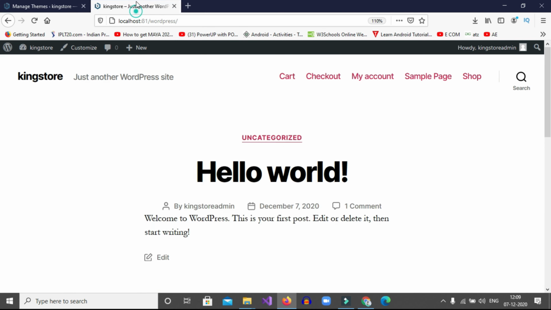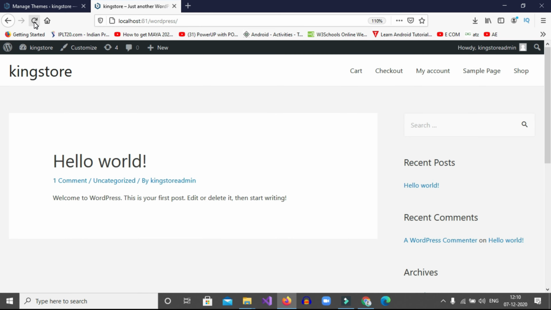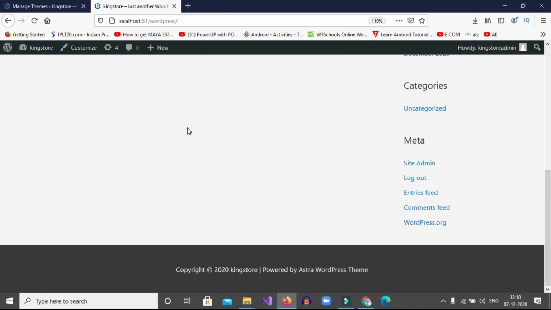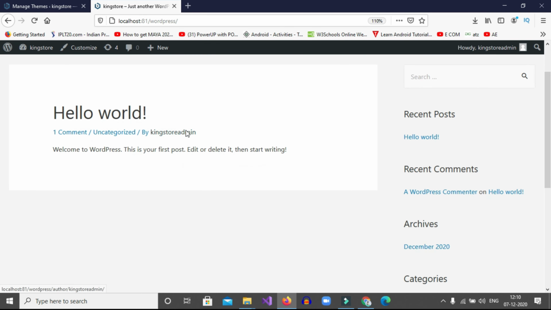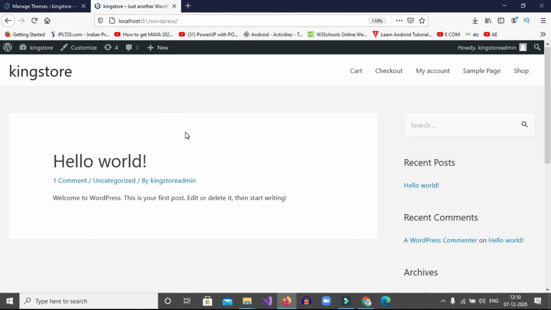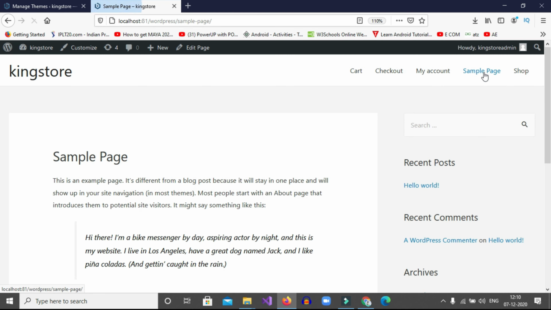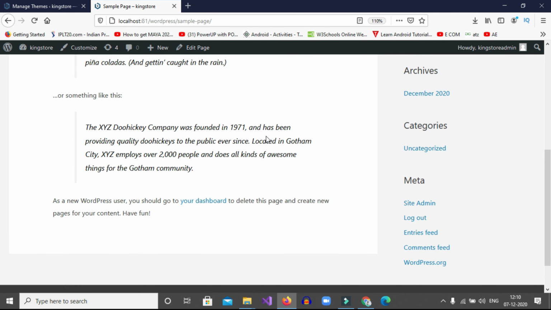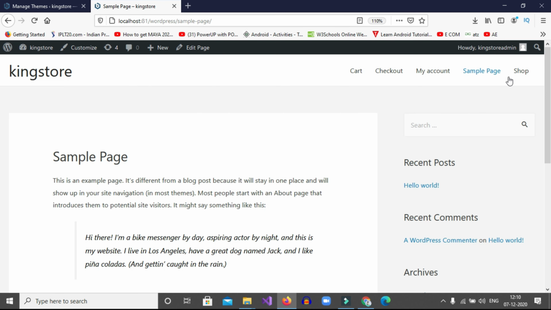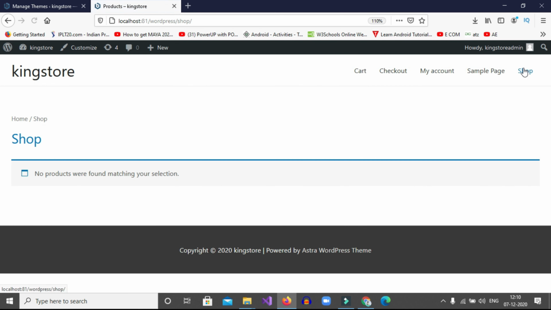Now go to our previous tab, then click on the refresh icon. Now you can observe that the theme was changed. Like that, we can use WordPress without paying any money, and we can make a website locally on our computer. After completing our website, we can move it from local to live. Like this, we need to install WordPress on our computer locally, and we need to add a theme to our website.